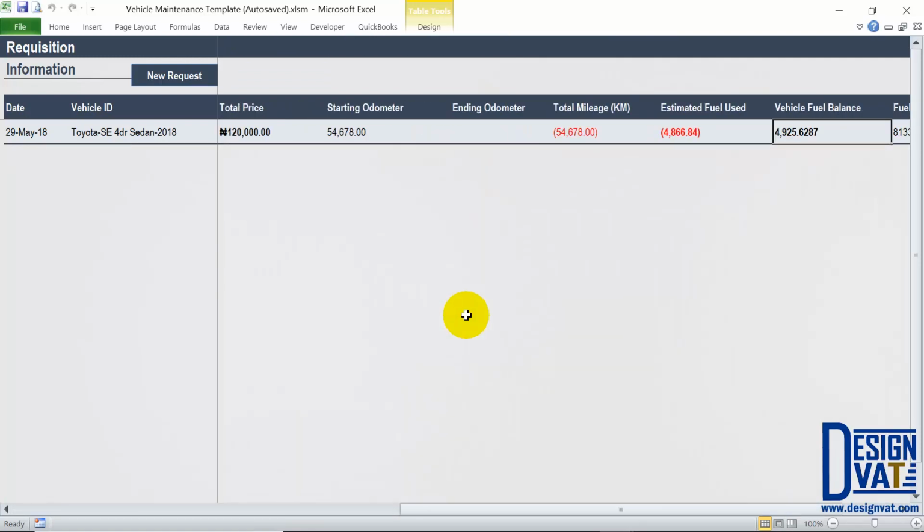Now you notice that 2 columns are going to be highlighted in red, the total mileage and the estimated fuel. The reason for this is to remind you that there's a value missing in this transaction. You haven't entered the ending odometer value. So this way, it's possible after 3 days you receive the car and you forget to update the template. So the red tells you there's a problem with this transaction, so you know you need to enter the ending odometer. I'm just going to go ahead and enter